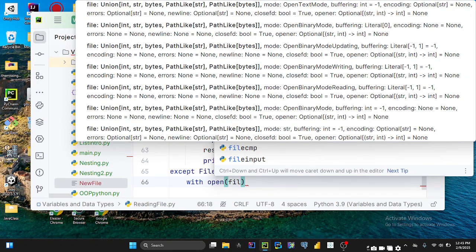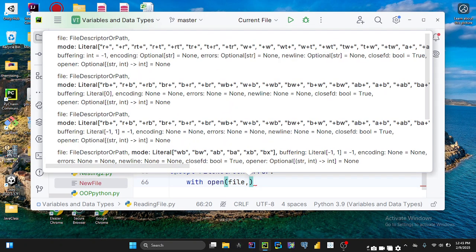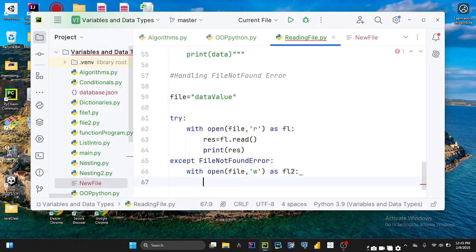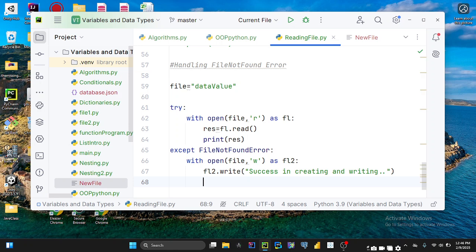So file, and I will use w. Then I will come here and say fl2.write, success in creating and writing. Now, just to let us know that what we did was successful, you can come down here and print success. So what will happen here is that it would attempt to first read from that file